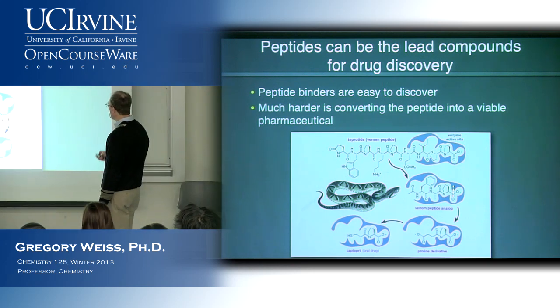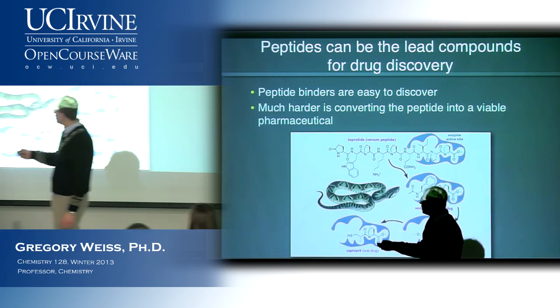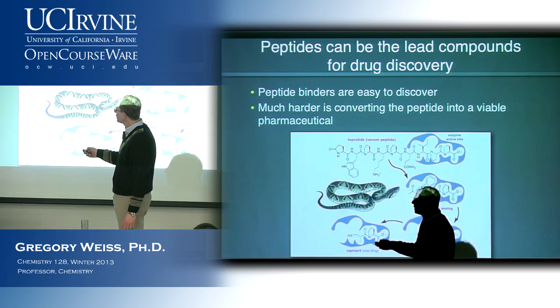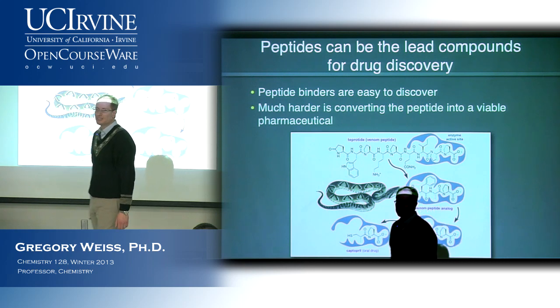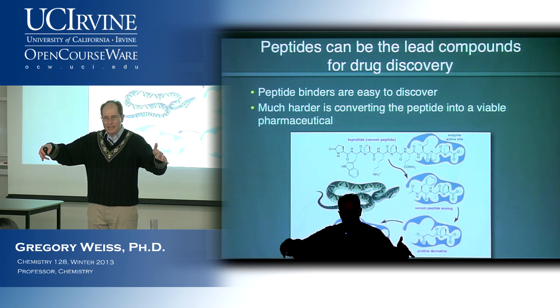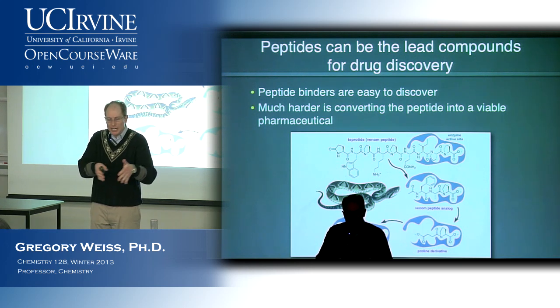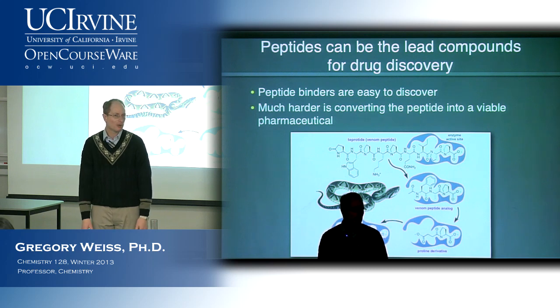So all of this stuff over here, this is what I was talking about earlier today, when I was talking about all the stuff that medicinal chemists are doing, and these chemical biologists and biologists. That's the stuff that we do. We're going to start with some large peptide lead, try to cut it down, and then try to take it and turn it into something that's orally available.